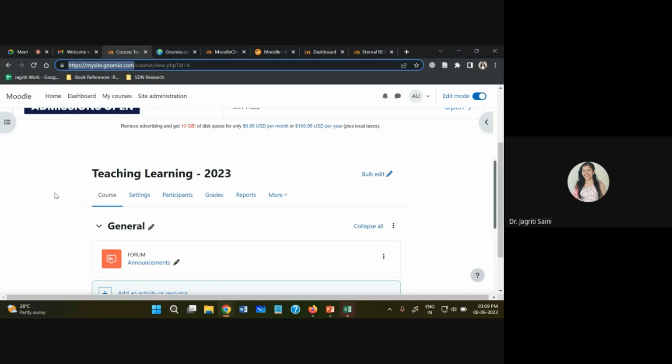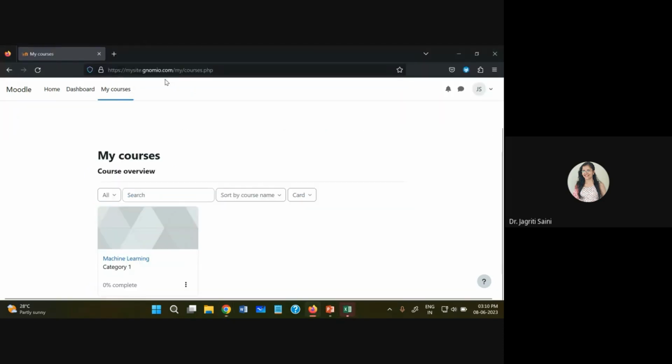And the login details also you can share with them, because you have created the login for them. So as soon as they get their login details, they just have to open up this website on their browser, and they have to enter their username and password only, and they will be enrolled into the platform. So as soon as they are able to access your user link, you can see, as a student, the